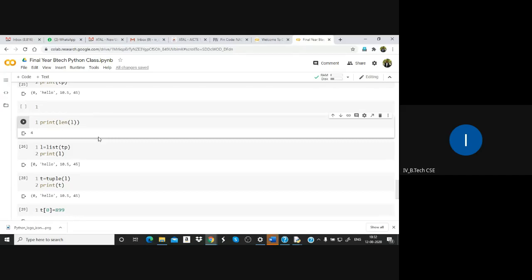So that is the length. You can find the length of the tuple like that.